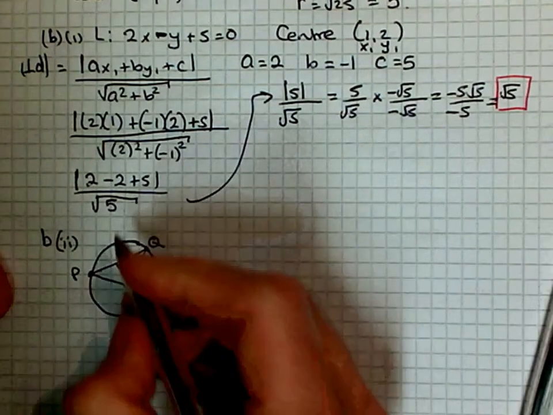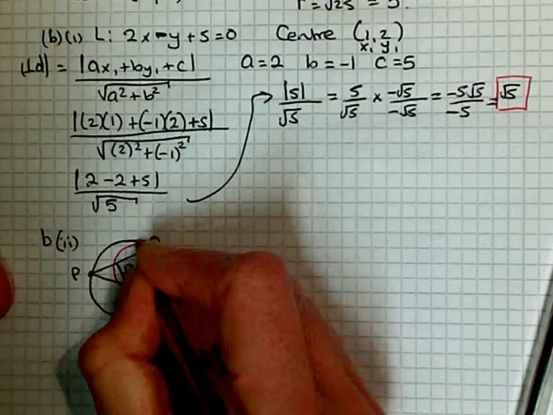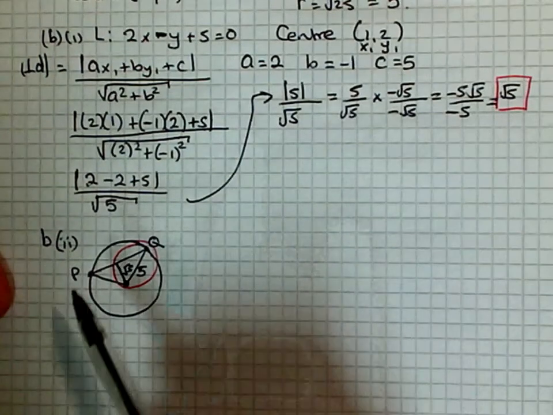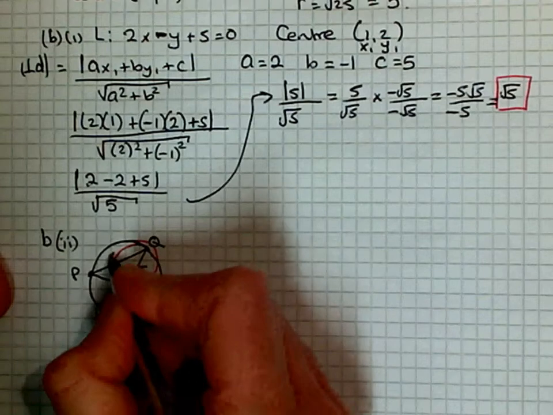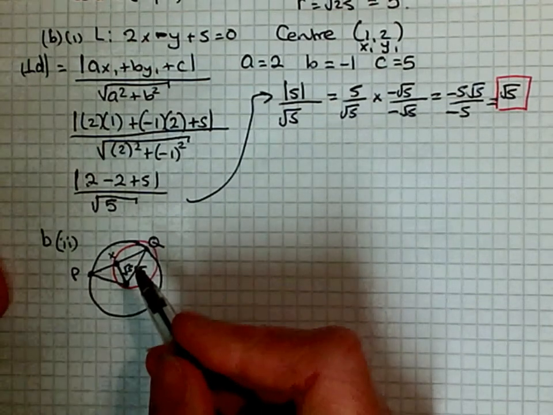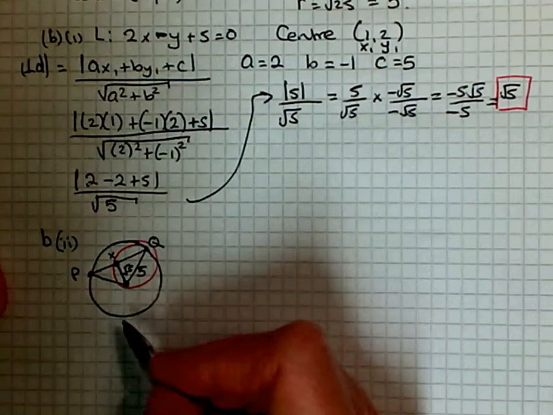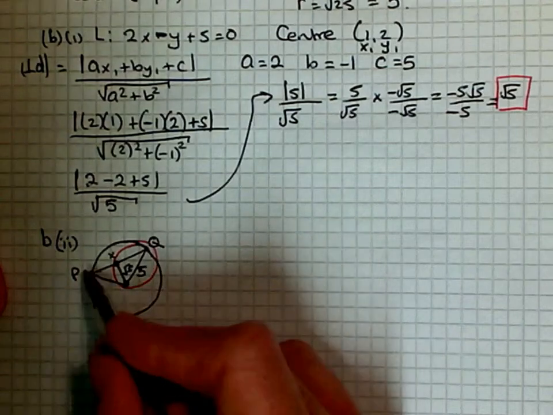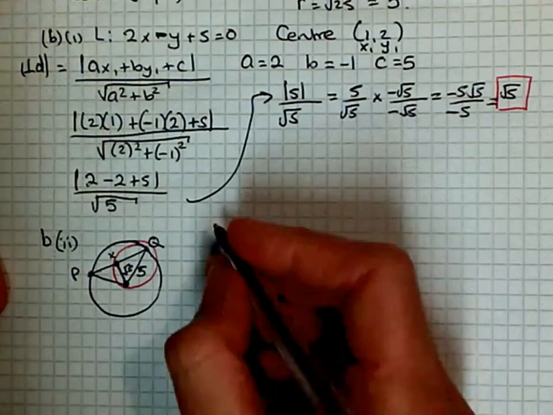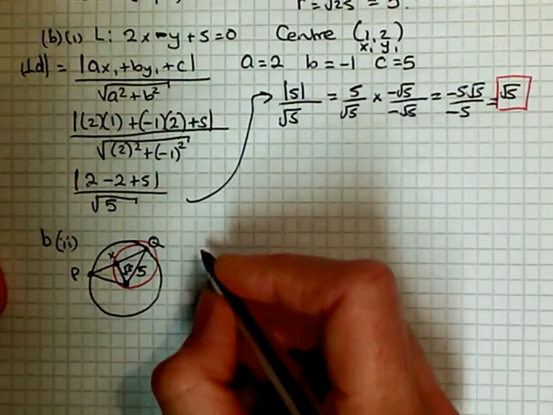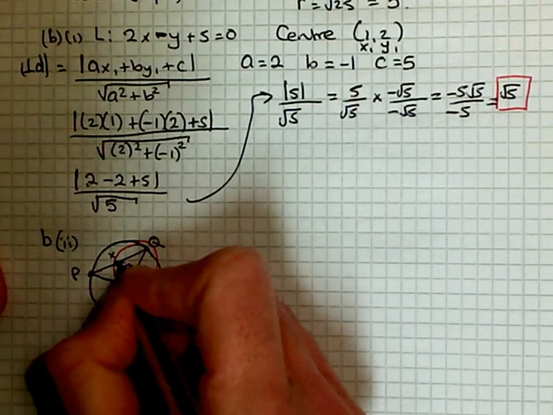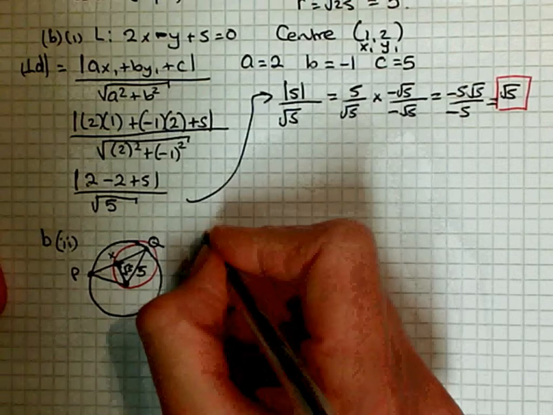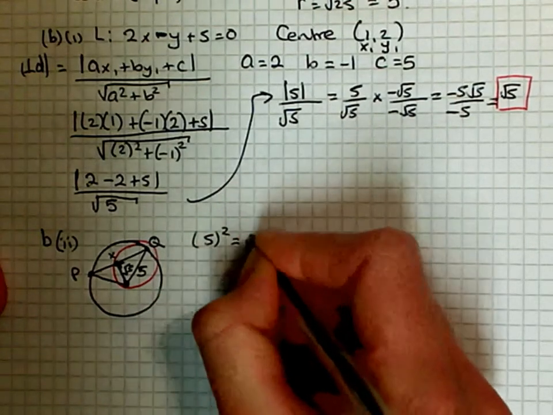So if we just zone in on one of our right angle triangles, we'll be able to find this length here. We could call that x or something like that, QX. Then when we double that length, we'll have the length of the line PQ, or the chord PQ. So taking out our little right angle triangle, you can see that we'll use Pythagoras. So it's going to be 5 squared is equal to root 5